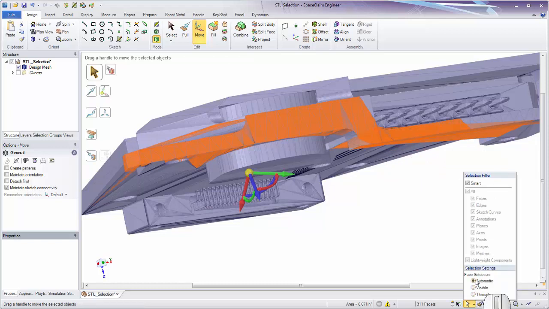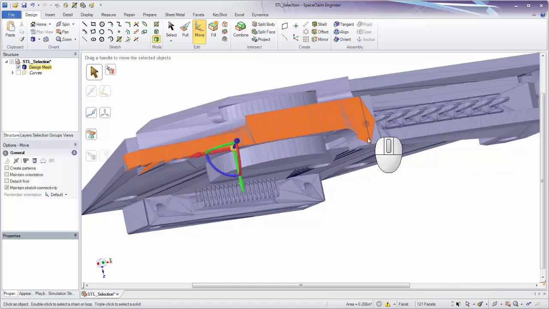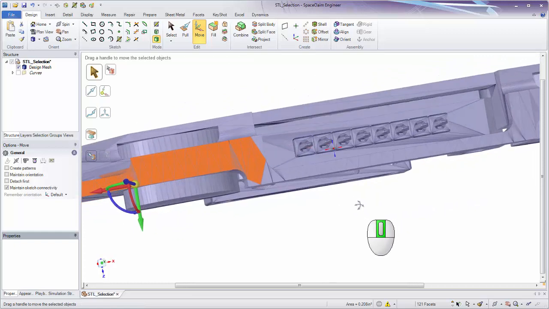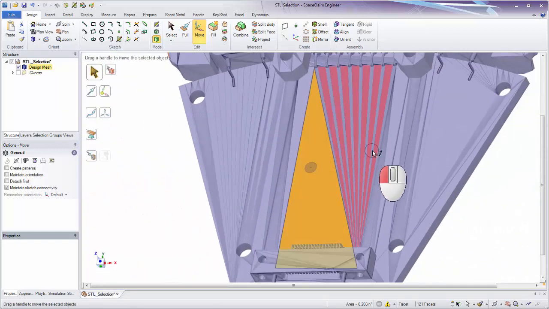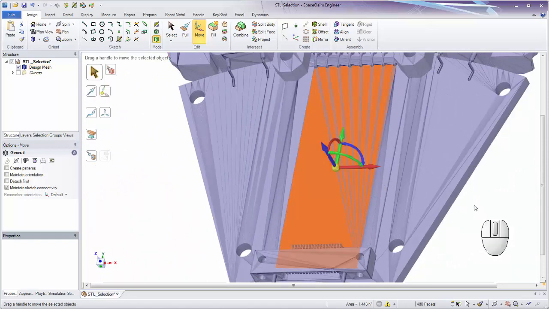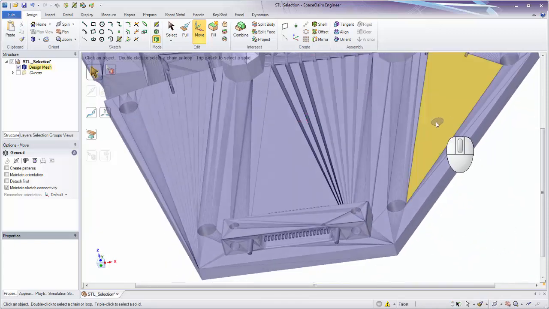Now again, this automatic, visible, and through applies. So if I change it to visible, I now have more control over what I'm selecting. But this could be very useful if there's a bunch of facets you want to select that are not on the same plane as each other. Maybe the double clicking doesn't work. This paint select is very useful for scan data because very often the facets on scan data are not planar